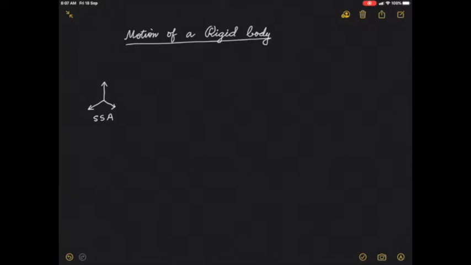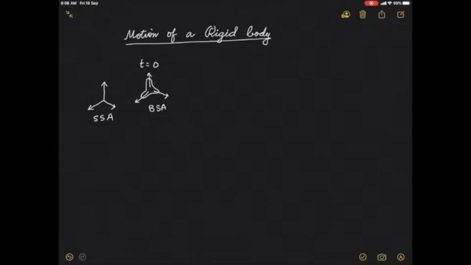And we said that we'll choose the space set of axes such that it is aligned to the principal moment of inertia. We'll come to principal moment of inertia and moment of inertia of a rigid body when we discuss the mechanics of the rigid body, but I presume that you know of these a little bit. So at t equals to 0, we assume that the rigid body is, so I'm drawing the rigid body in this particular fashion today for a reason. And this is the rigid body, and initially